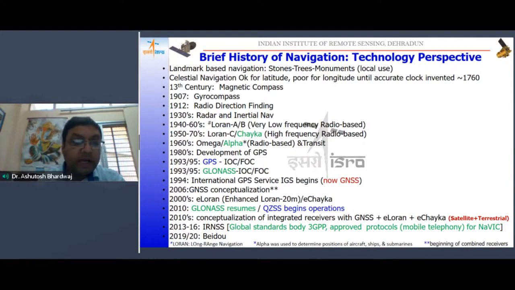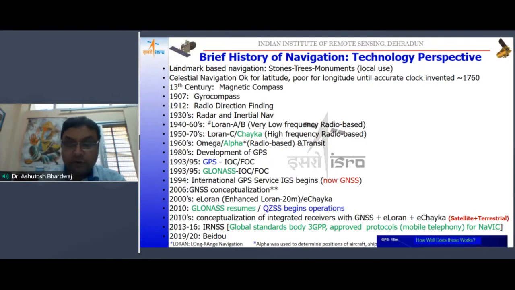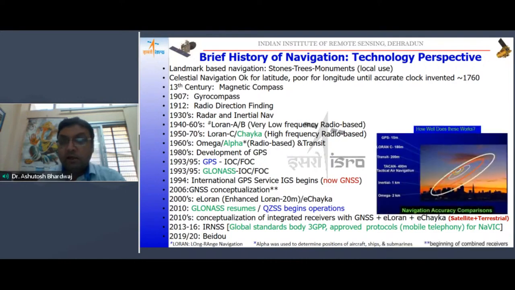Then in 2019, the BEDO network also completed its operations with some redundant satellites, which also got launched in 2020. So BEDO is also now fully operational. The technology developed gradually with a 2-kilometer accuracy in Omega, 1 kilometer in inertial systems, and tactical air navigation